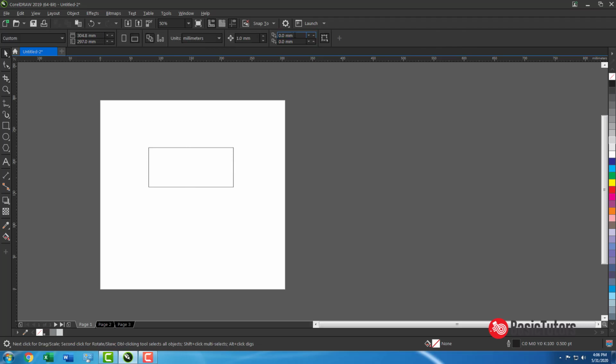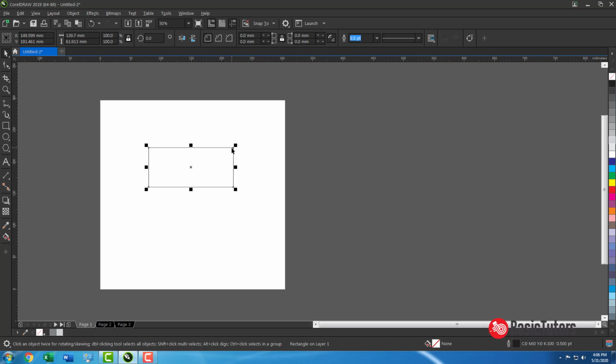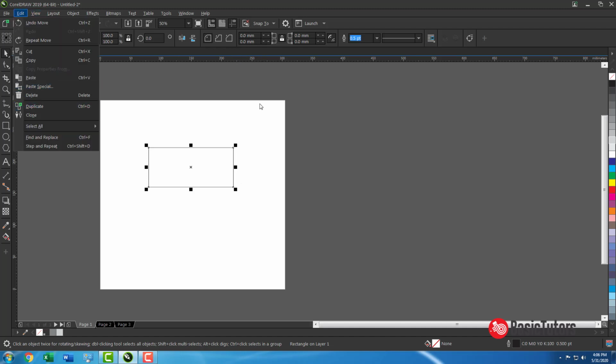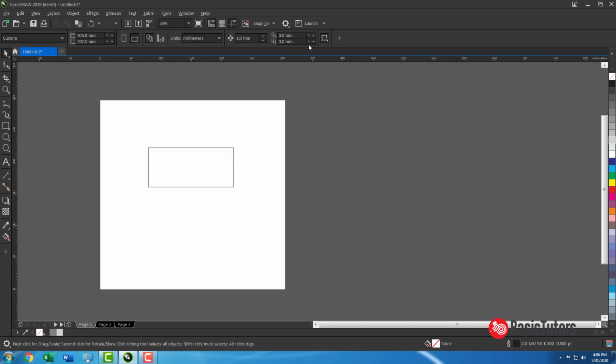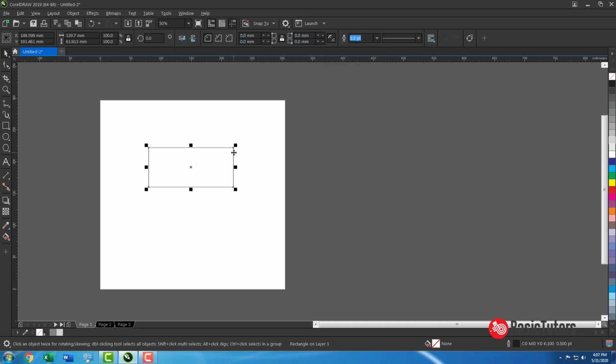And then this is for duplicate distance. Nothing but if you select any object and make a duplicate with Edit, Duplicate or Ctrl plus D, you get your duplicate object at this distance. For example, it is now set to 0, 0. So if you make a duplicate, it is originally placed in the same XY position here.